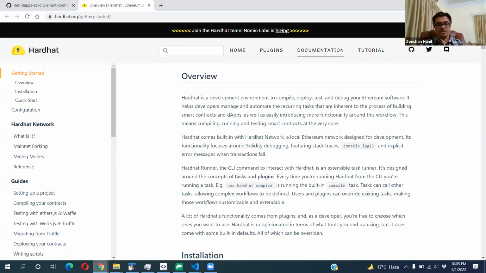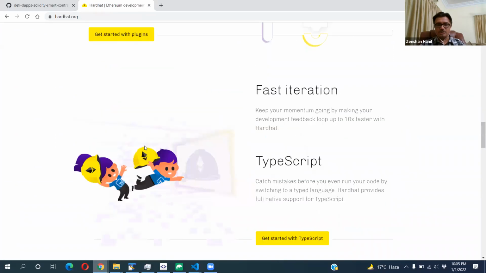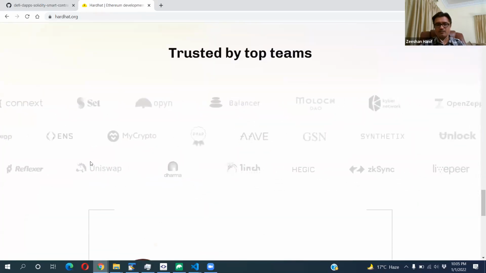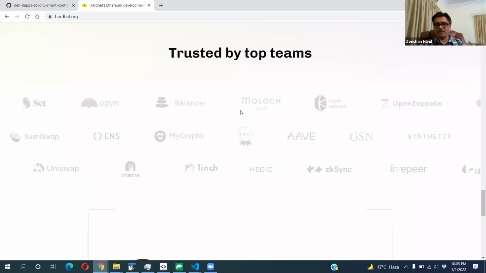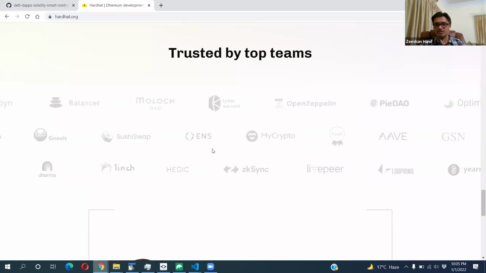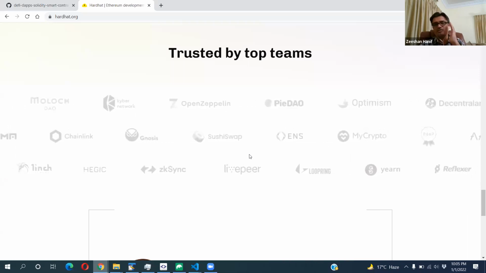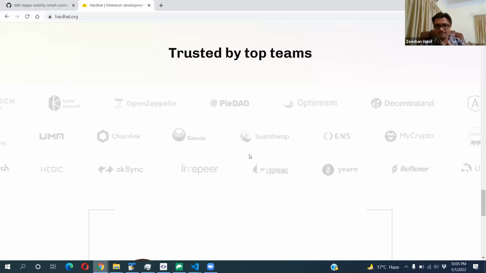which is not a new guy now, but previously it was new, and now big companies and big Ethereum dApps or applications are using it. You can go on the Hardhat main website and see the list of companies which are using it: AAVE, MyCrypto, Uniswap, 1inch, OpenZeppelin, Sushi, Genesis, ENS. These are the big names using Hardhat. So our target will be using the Hardhat development environment.